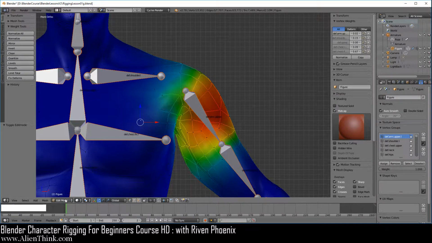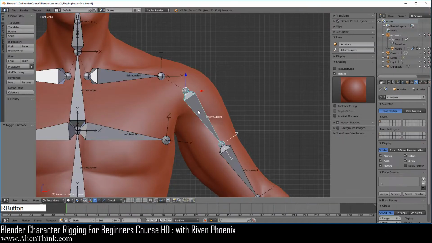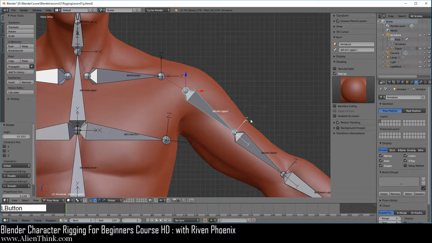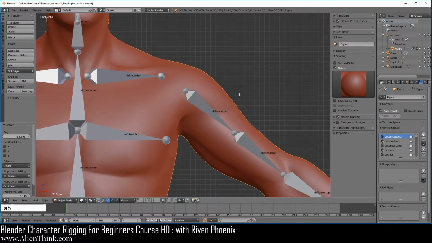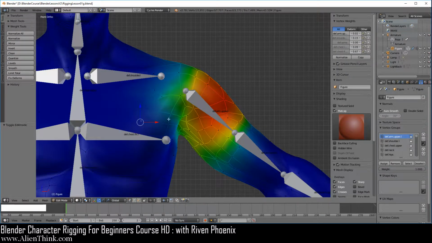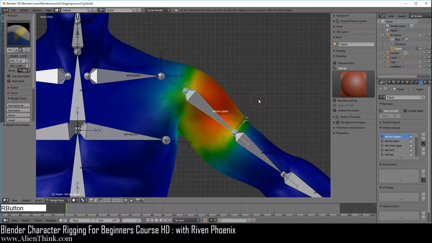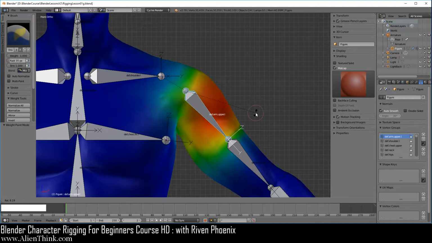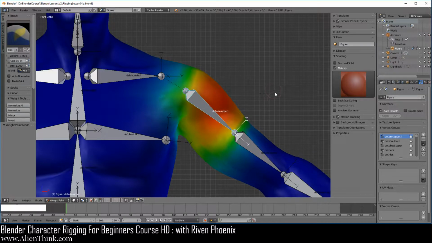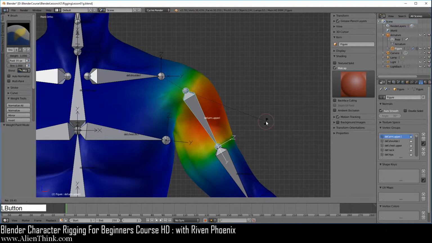We would first have to go to object mode over here, click over here, press the R key to rotate, click on the figure, press the Tab key to go into edit mode. But in weight paint mode, it's much more powerful. All you have to do is click it and press the R key to move this. Okay, so that's the first thing. So I'm going to just move this down over here.